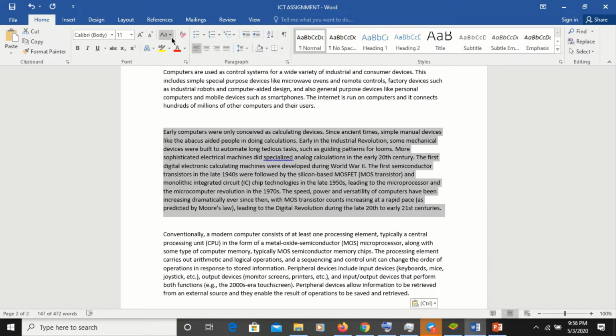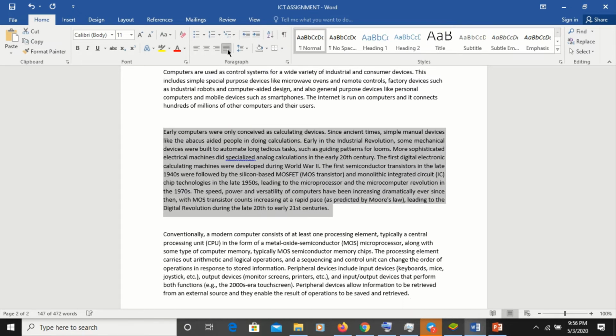Then you come to justify, then select justify. Now you can see this place is straight, the other end is also straight. That's what you call justify. But for this text, you can see in between the first line and the second line, the words are too close. But in school, we are told to use